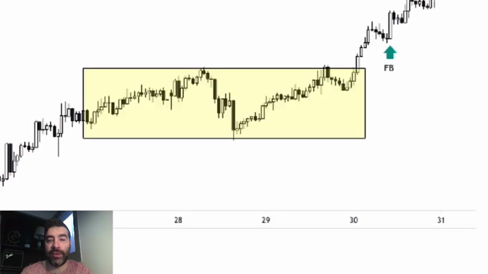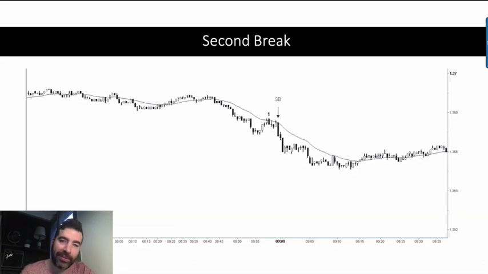Here we broke out of this little block, and then it starts to trend up. It has the first pullback, and once the candle after the pullback, you have a nice bullish engulfing candle over here. You go right in. I think that would simply be called an engulfing candle when you see that, but it's specifically with a continuation of the trend. Or you could wait for the second break.